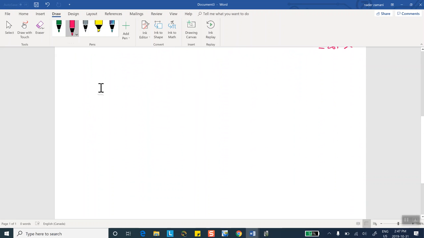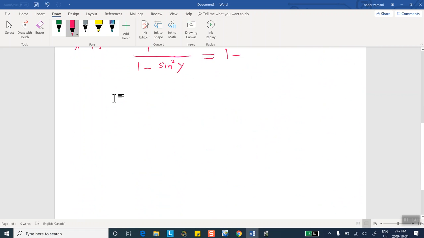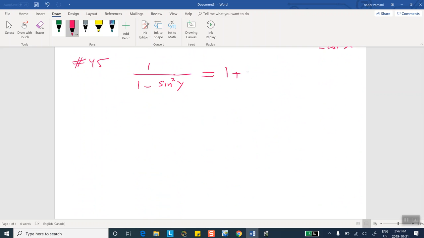45, number 45. We have to prove that 1 over 1 minus sine squared y equals 1 plus tangent squared y. This is the kind of problem where it may be a good idea to start on both sides and get to the same place. For example,